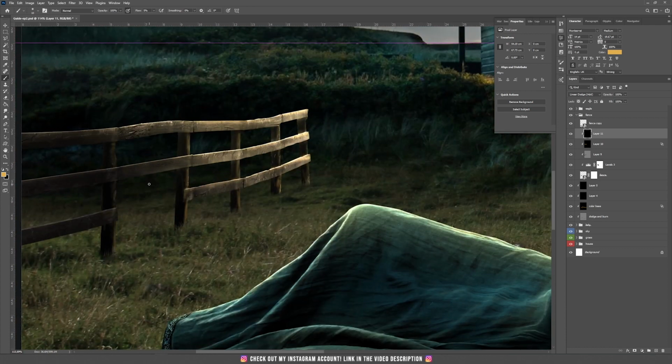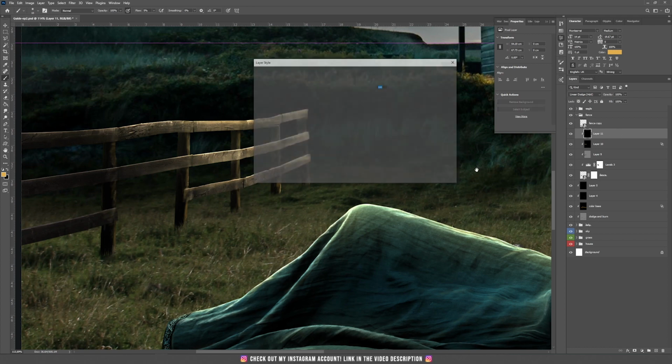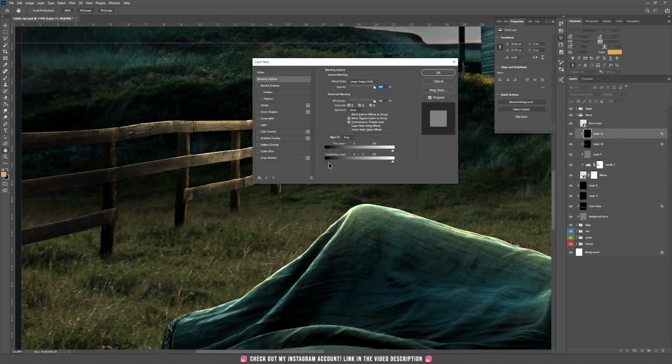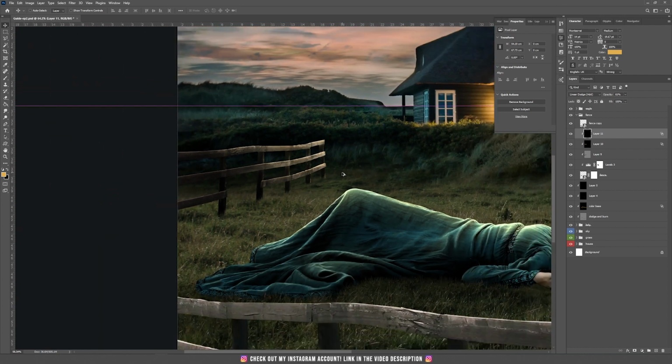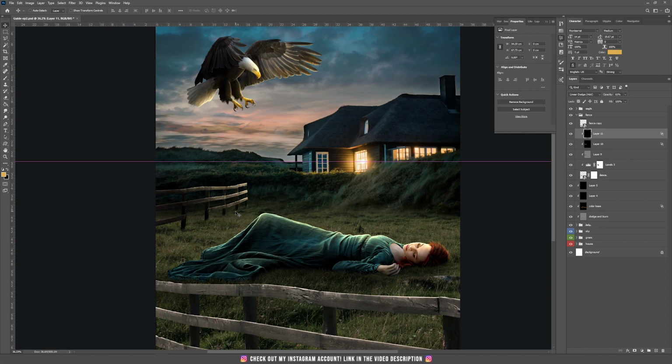Alright, I think this one needs a blend if also, so double click and choose by holding Alt and drag this slider more to the right. Okay, and the first base color I think is too bright. I'm going to decrease the opacity to around 50%, 60%, and I'll do the same thing with the other layer. So we created our base color for our fence, and I'm going to do the same thing with the other